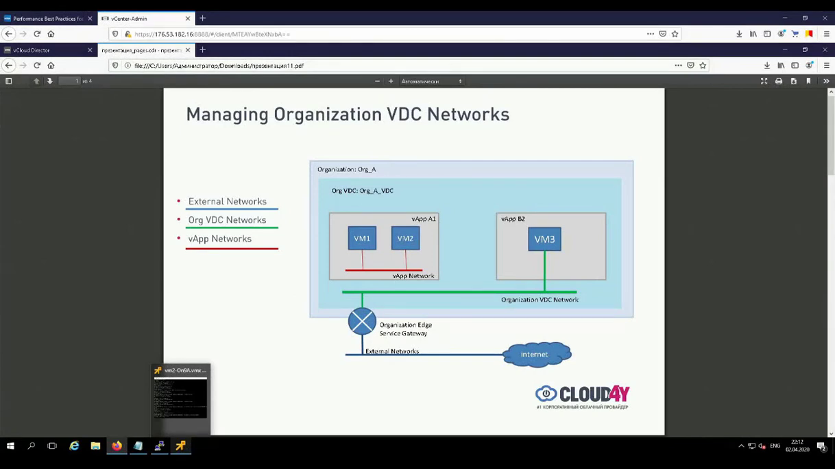Today, we'll talk about networks inside the virtual data center offered by the Cloud Director. There are three main categories of networks. The first is external networks, which are provided to connect to the client data centers. These networks connect directly to the Edge Service Gateway,